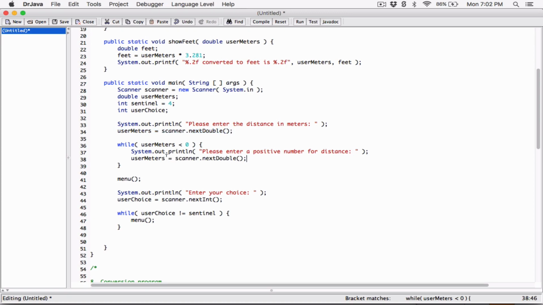And the loop is going to go back. So if the user types in something else, it's going to be stored here. And the loop is going to go back up here to check if the user meters is still less than 0. If it's still less than 0, then it's going to keep running this loop and asking the user to type in the correct one. If the user types in a positive number and it comes up here and says while the user meters is less than 0, that number wouldn't be less than 0. It will be a positive number. In that case, this loop will exit and go ahead and show the user the menu, and then